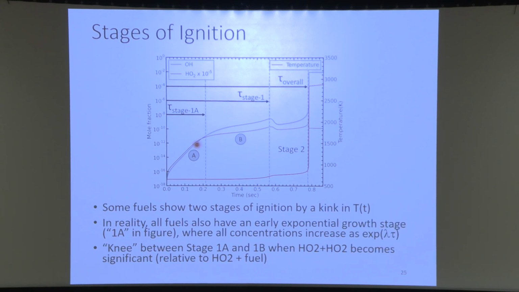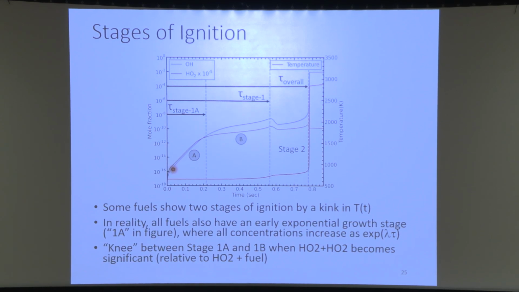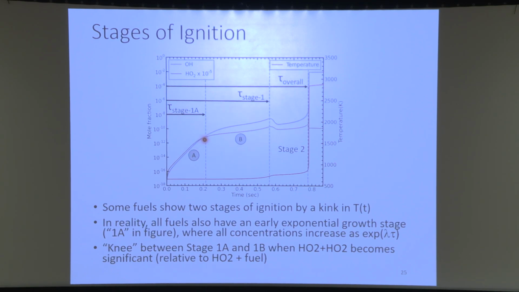So in this first part with the A, you can see that both the HO2 and the OH are climbing together, and they both have this straight line on the log plot, which is because they're following a single exponential. And they're basically, the radical concentration is just expanding according to the explosive mode, the mode that has a positive eigenvalue. When we get to the end of stage 1A, we've reached the point where the R plus O2 reactions